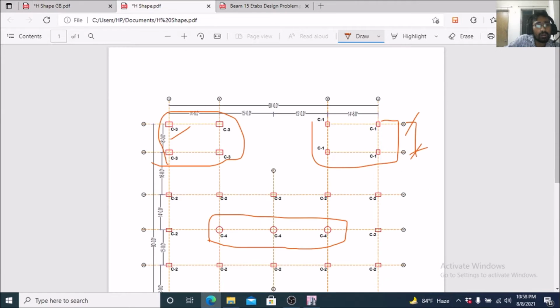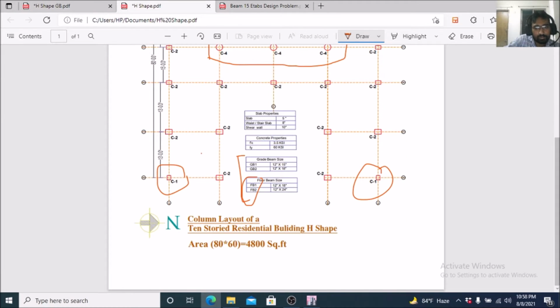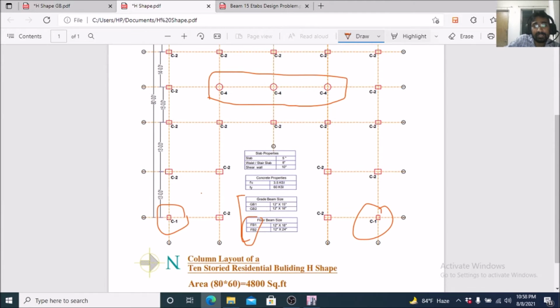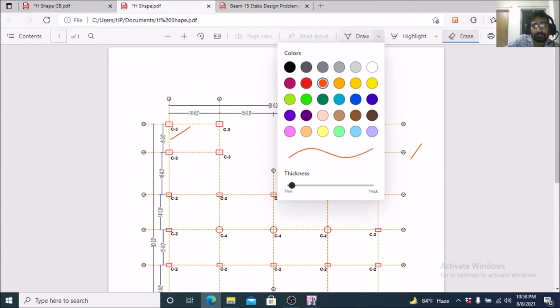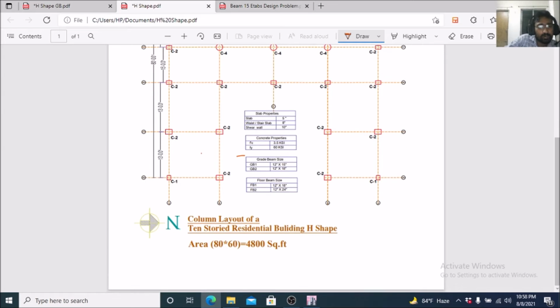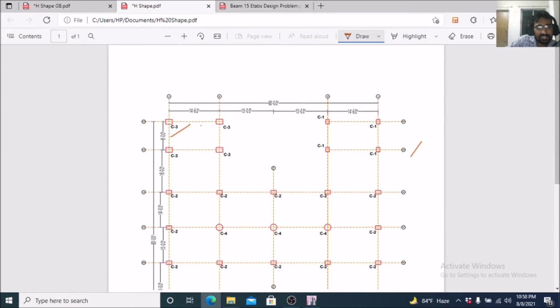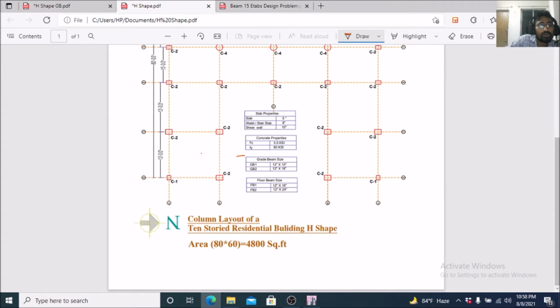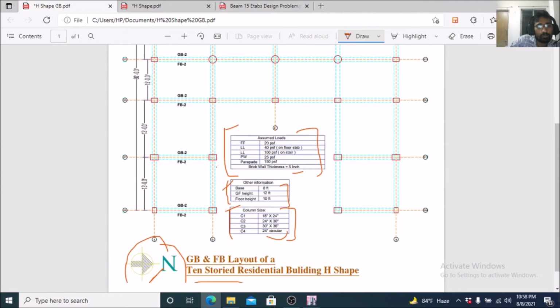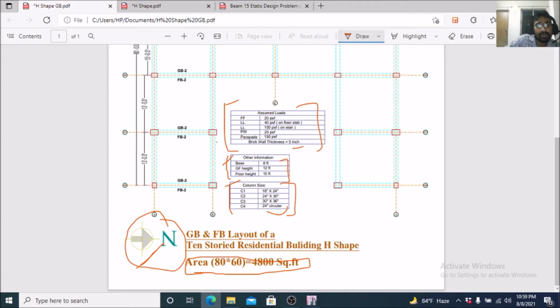to our column layout of the 10-story residential building. Here we can see that if we want to understand the grid number from the column layout, we have to get back to the grade beam and floor beam layout.